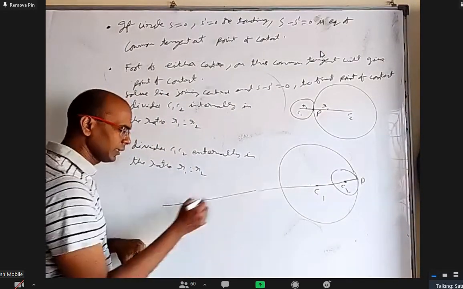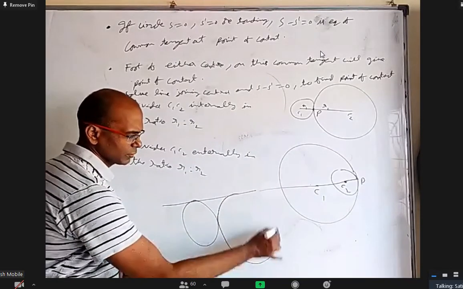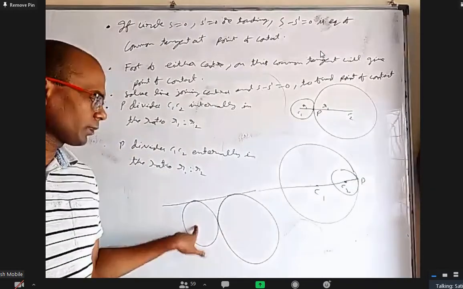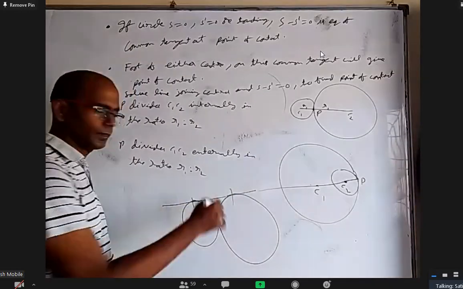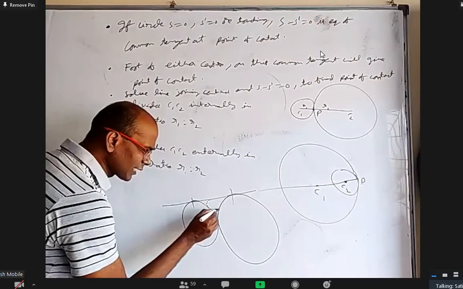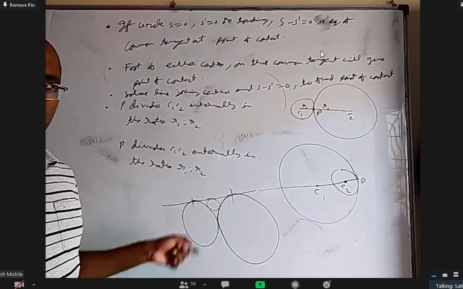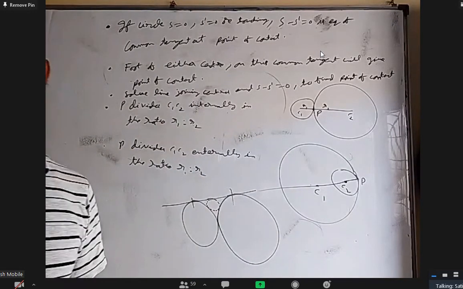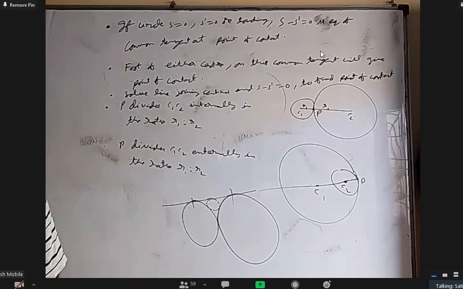Let us say I have a line, and two circles are touching it like this. I'll give you this center and radius, and this center and radius. I already said I'll ask you how to find this length. Apart from that, I may ask you, there is one more circle like this, touching this one and this line. What is the radius of that? So this is just a preview for tomorrow's class.